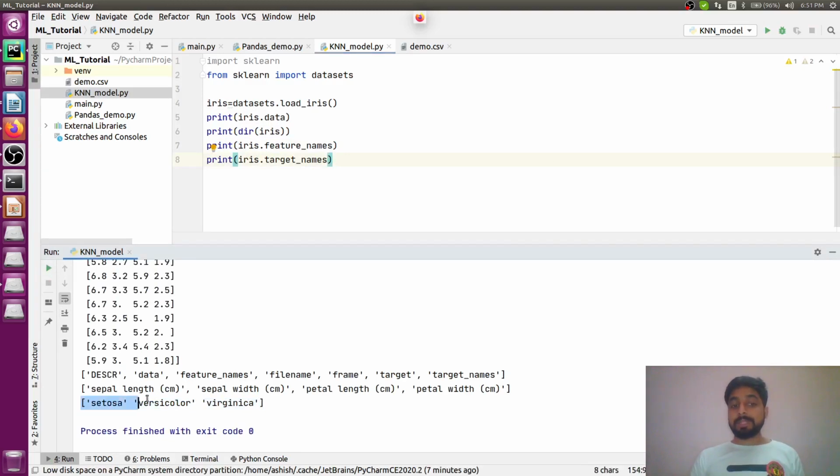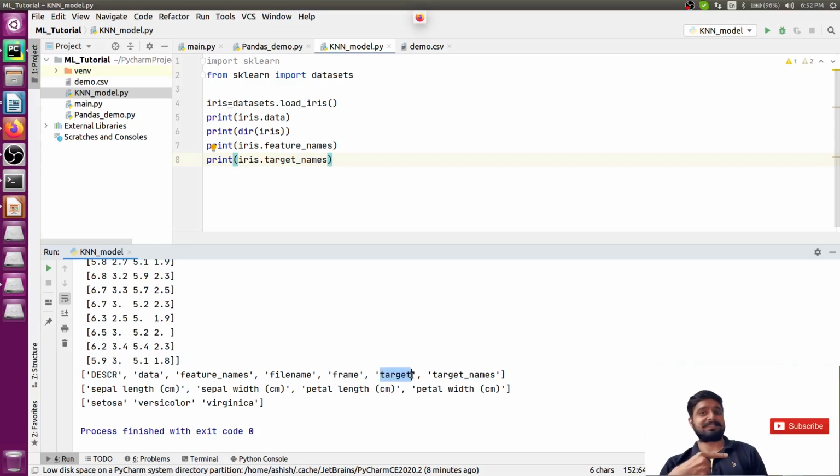These are the three different types of flowers which we are classifying based on the input data that we are providing. So in short, based on the sepal length, sepal width, petal width, we are classifying what type of flower we have for the input value that you pass, right? So this is how we are categorizing. Now we have target and target names, two different things. Target will only contain the values, which will be integer values: three different values, 0, 1 and 2.